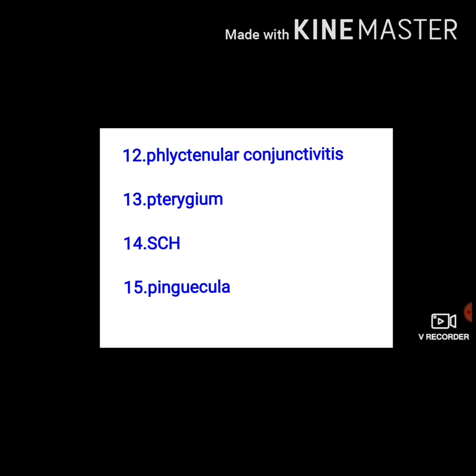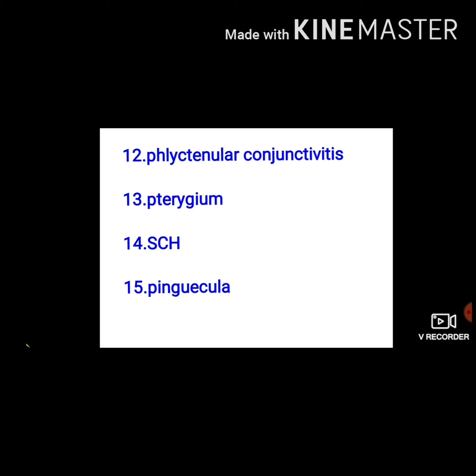Coming to next question, pterygium. Pterygium is nothing but a wing-shaped triangular fold of conjunctiva encroaching onto the cornea with a vascularized granulation in the interpalpebral area. It is due to elastotic degeneration of the subconjunctival tissue. The main pathology is the loss of stem cells at the limbus. So the conjunctival epithelial cells grow over the cornea. The parts of the pterygium are head, neck, body and the cap.